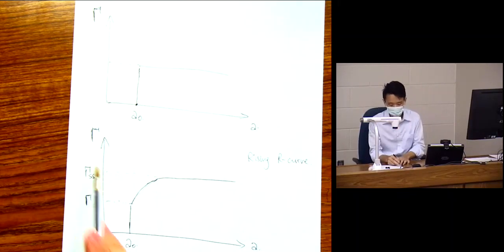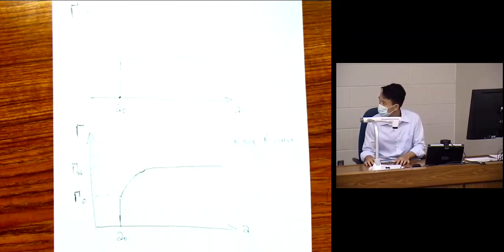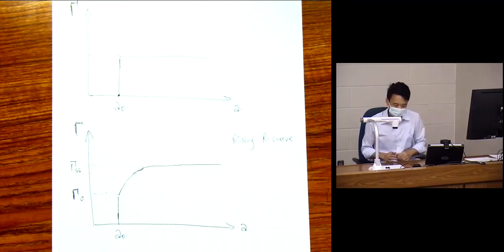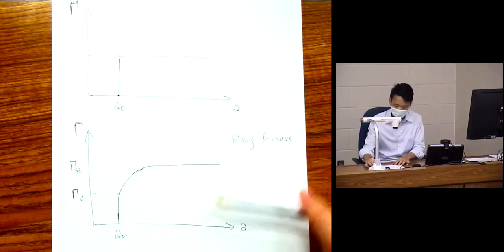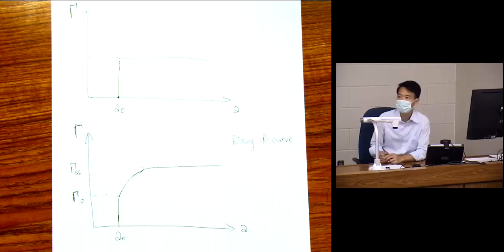So gamma SS, just to signify that, right? So there, typically we then characterize the rising R curve behavior of a material, saying that, well, what is gamma SS, the steady state fracture energy? What is the initial fracture energy? Okay, so once we know these two, then we pretty much have characterized the material in terms of fracture